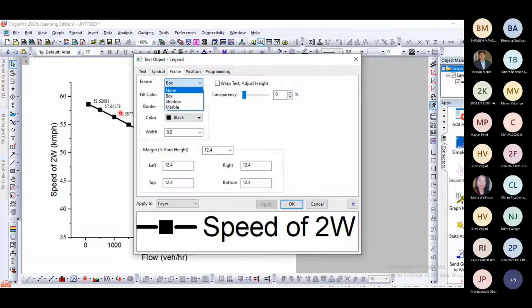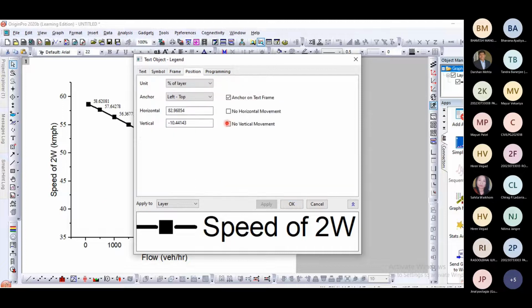When we click in the graph, this frame will be available, right? Here, the frame of this graph, initially there is no frame. But if we click the box, the box will be available. We can change the position of this legend, right? Initially it is right hand top. So we can change the position through this or we can drag it to the required position.